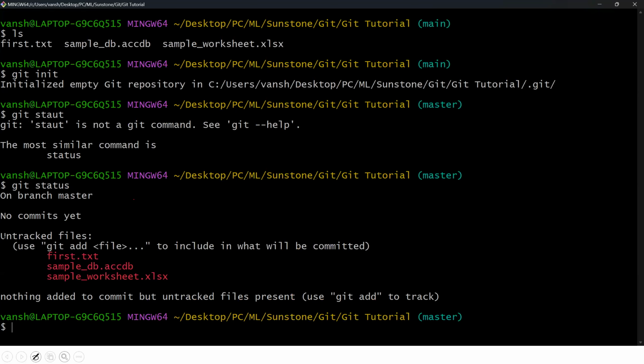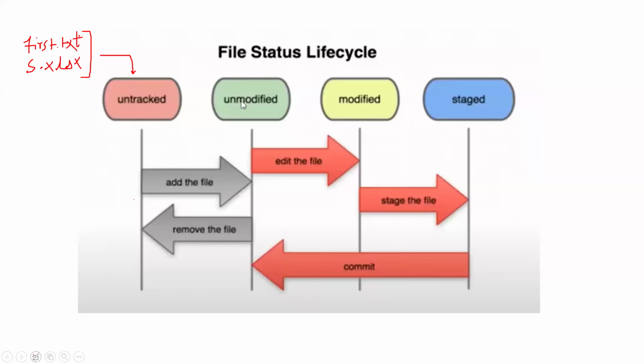Then you can see that these are my untracked files. So what you can see over here, we are initially at this step. These files are untracked. Now, when you apply the command, what is the command to move it to the next